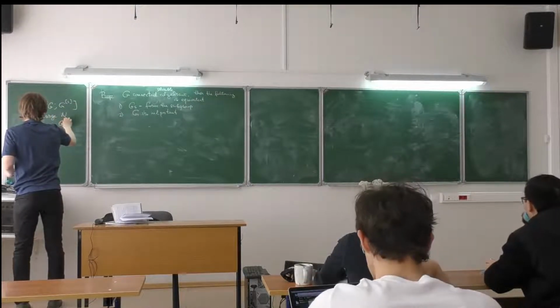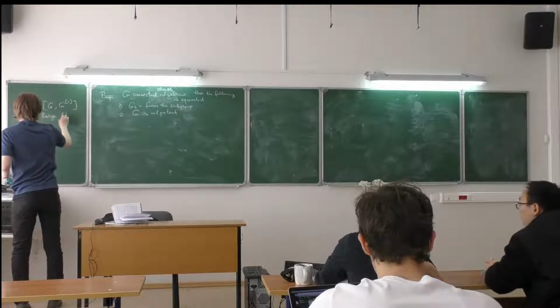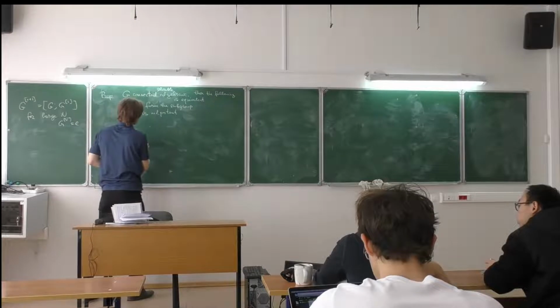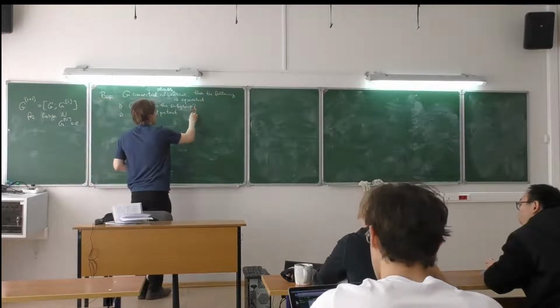So you have G_n equal to the identity. So GS forms a subgroup, G is nilpotent, and in these cases,